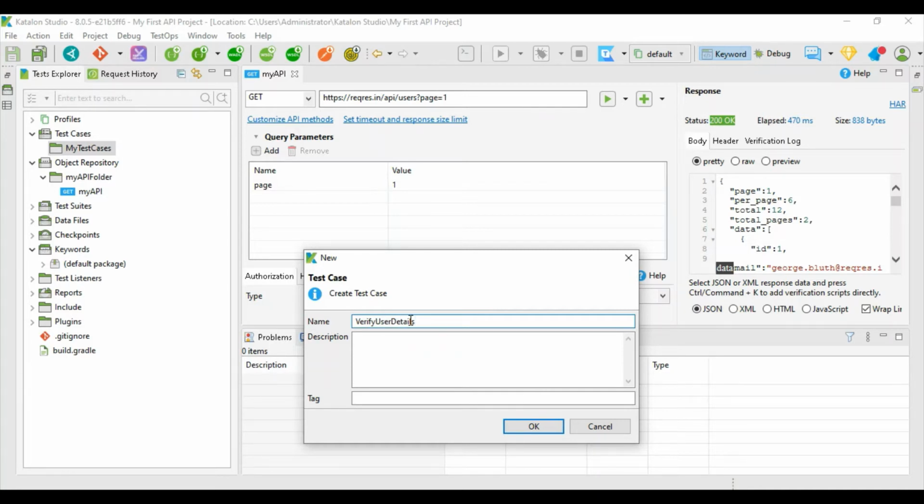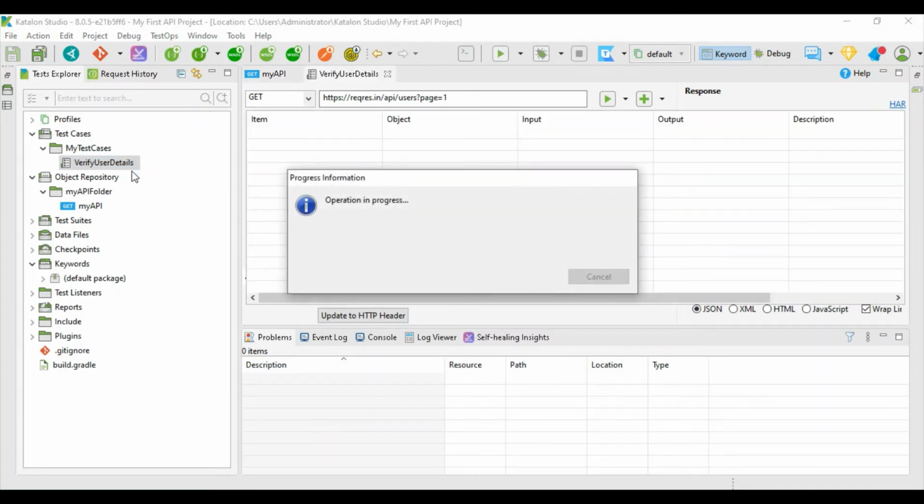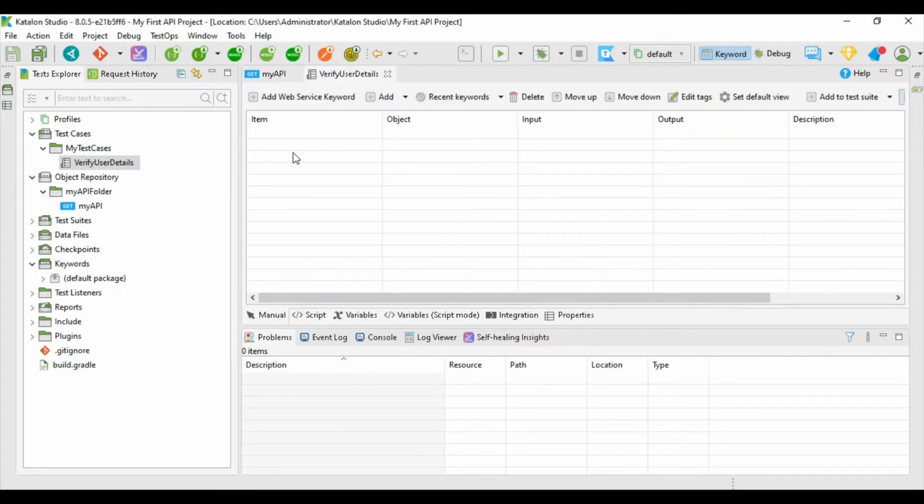If you want to put some description here, describing what this test case is, you can write it: gets the user details, and let us say it verifies the first username's first name. When you create this kind of test, this Excel-like view opens. This is how we're going to execute our test case.